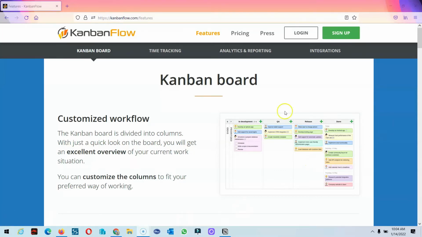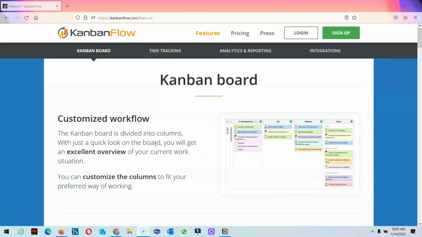In this video, I'm going to share what a Kanban board is, how you can create your own Kanban board, one of my favorite apps, Kanban Flow, and why I like Kanban Flow as compared to Trello and other applications, and what the features in Kanban Flow are. Then I'll show you how it looks and what the features are, and I go through the default dashboard when you sign in to this application, and then I go through the default